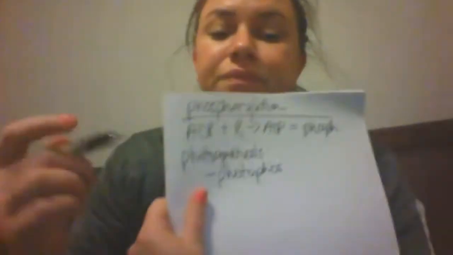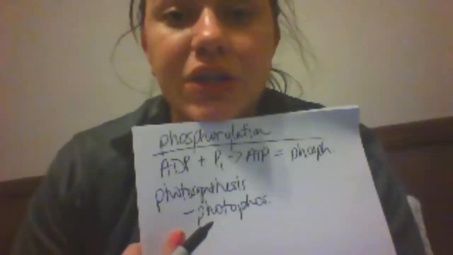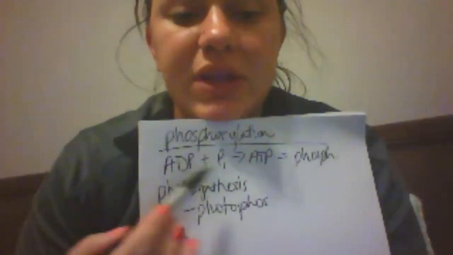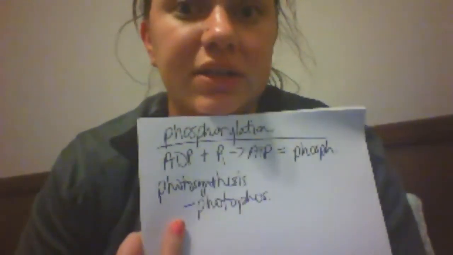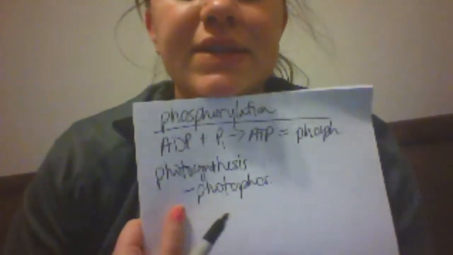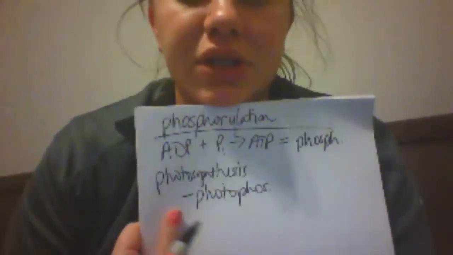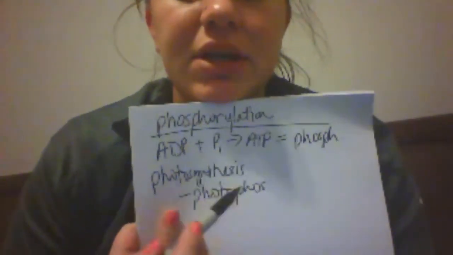So if you are in photosynthesis, your only option for phosphorylation is photophosphorylation, okay? Photophosphorylation literally just means that you're going to be doing this with the use of light. This is the only option in photosynthesis. Now,